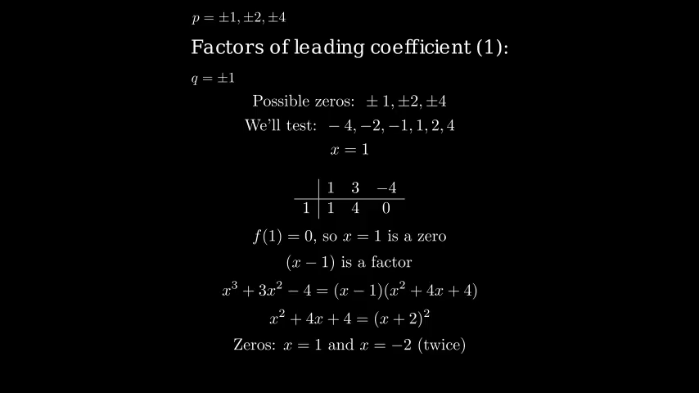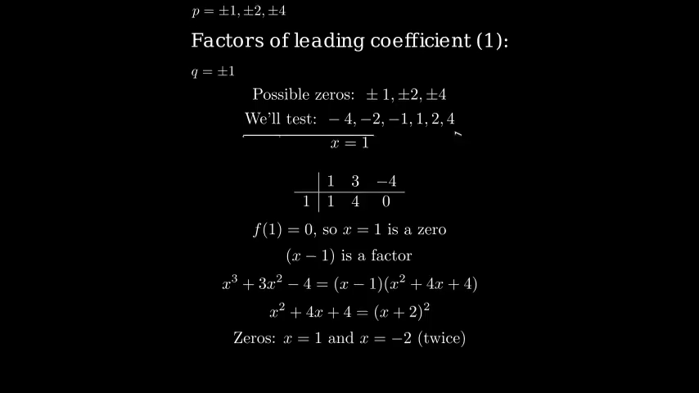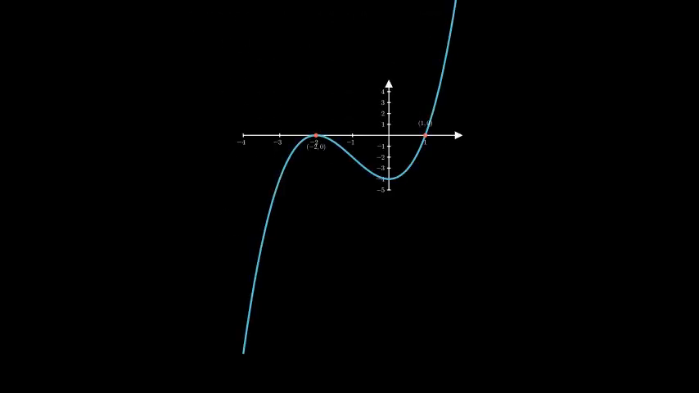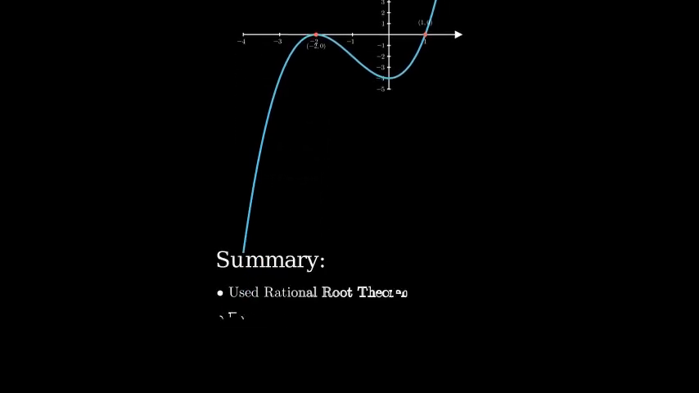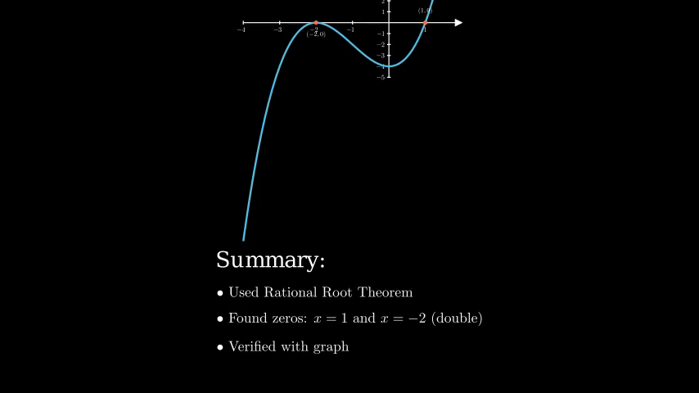Let's verify our solution by graphing the polynomial. Notice how the graph crosses the x-axis at x equals 1 and touches the x-axis at x equals negative 2, confirming our double zero. In conclusion, we found that this polynomial has three zeros: x equals 1, and